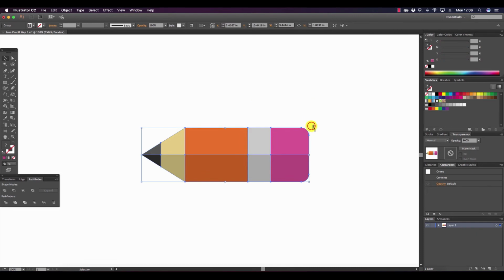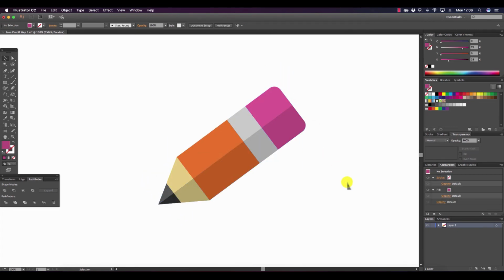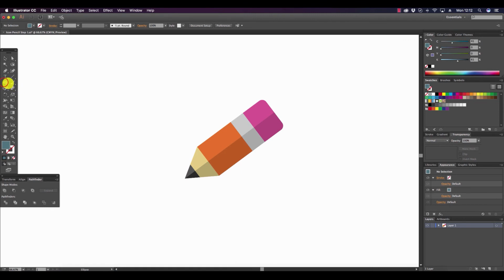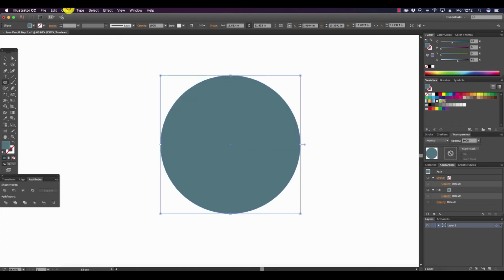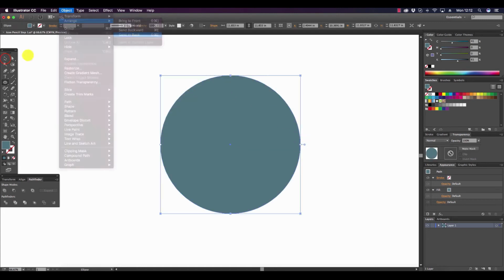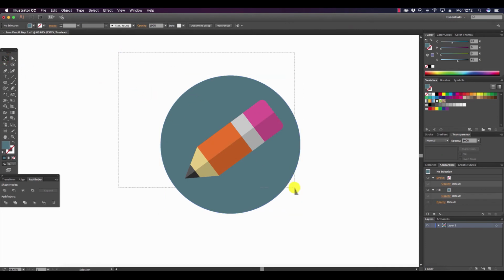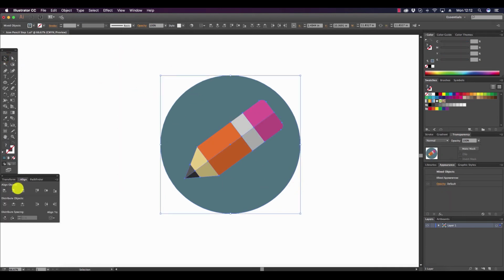So selecting all of it and moving to the edge of the shape so that we get the arrow symbol, and we can now rotate it like so. Now I'm going to apply the circle with the ellipse tool, so holding shift so that we draw a perfect circle. Go to object, arrange, send to back, and selecting all, I'm going to go to align object, horizontal align center,